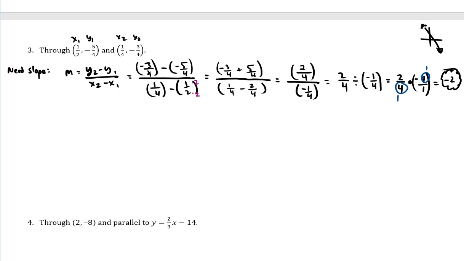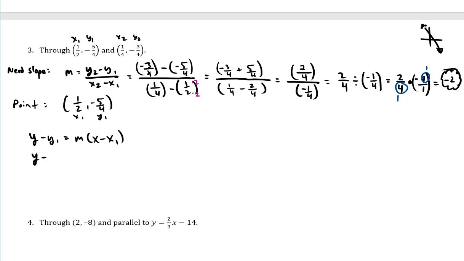Okay, so after all that, our slope is kind of a nice number. It's just -2, so not a fraction. Okay, but now that we have the slope, we have our point as well. And again, you can choose whichever one you want. If one's easier than the other, then go with it. These both seem not very nice because they're fractions, but I'm just going to use that first one. And then now we can set it up with our point slope form,